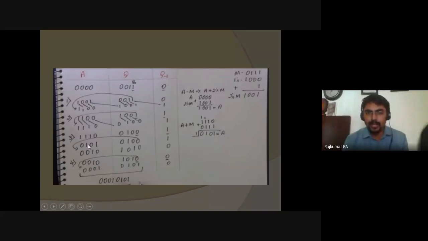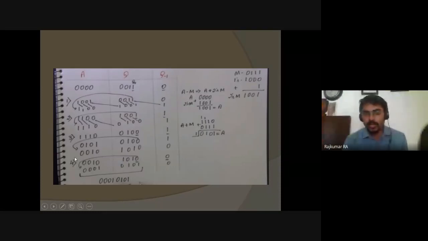Now we are shifting from 0 to here, and this 0 comes from here, and this 0 is here, and this 1 is here, and this 0 is here, and this 1 will be here, and this 0 is here, and this 1 will be here, and this 0 will be here, and this 0 we are actually shifting from here to here. Now again we are comparing with that 0 0. So for 0 0, there is no addition or subtraction, we should not perform anything if both values are the same. So we just shift once again. That's the fourth one.